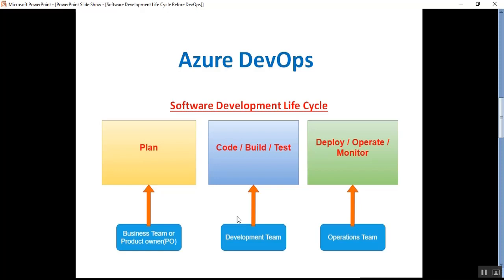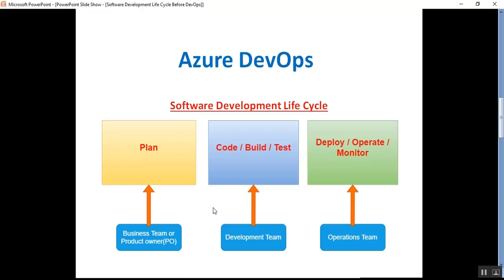So this is the difference between the waterfall model and agile methodologies. Agile can be described as a combined effort towards a particular goal.